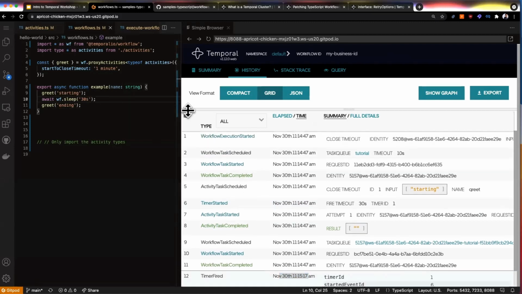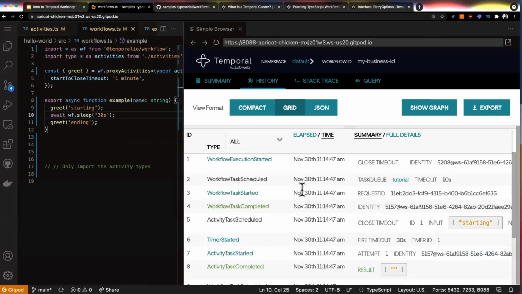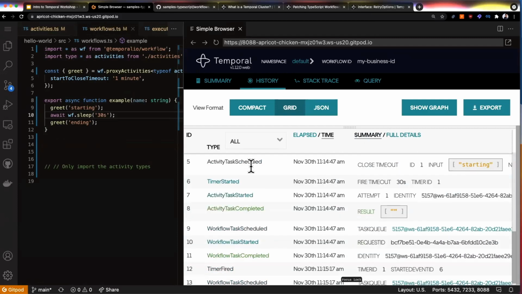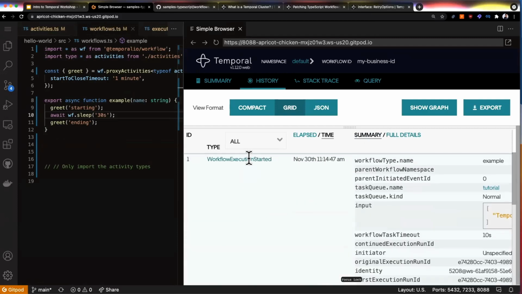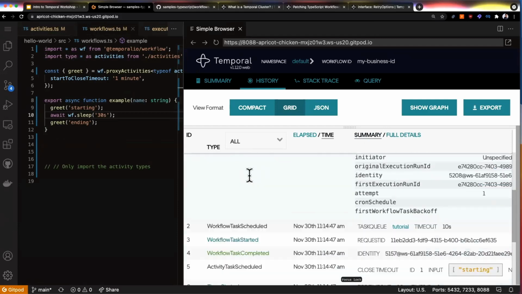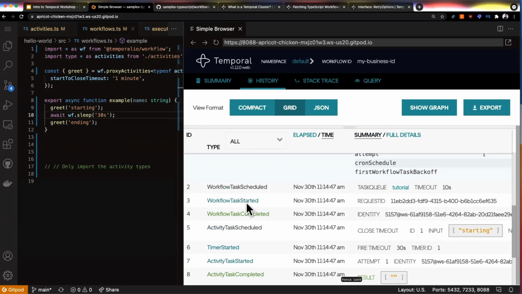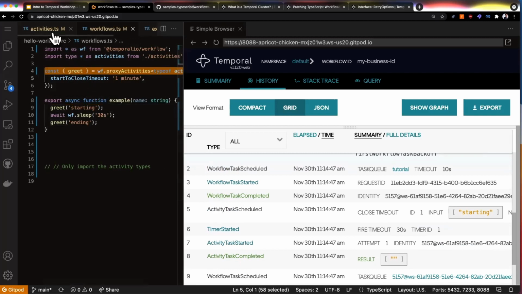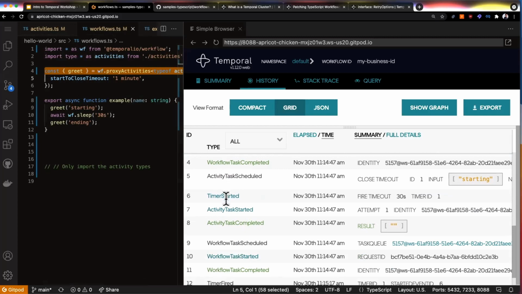So what's happening here? Let's go step by step through the workflow code, right? So when I kick off a workflow at 11:47, it starts a workflow execution started. Then it says workflow task scheduled. Workflow execution started is when the client is calling out to the server, and it's scheduling a workflow task, and then the worker picks it up and records a workflow task started. Workflow task is completed because it's basically just executing this, and now it's starting to schedule this activity. The activity is that greet workflow, and it's executing that console log of hello whatever, and then it's going to the next thing, which is the timer that started,